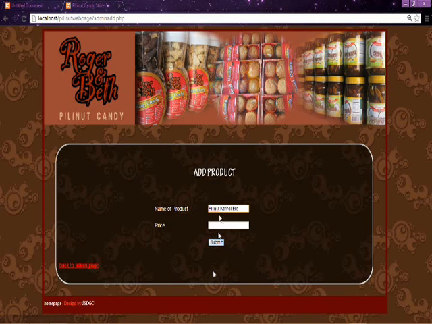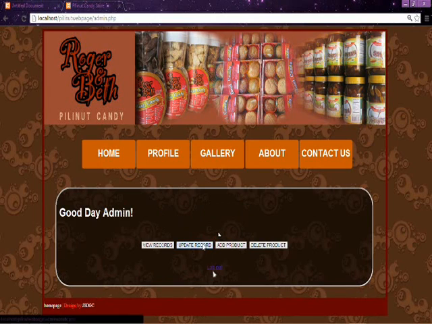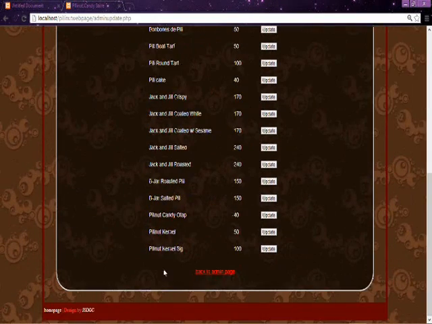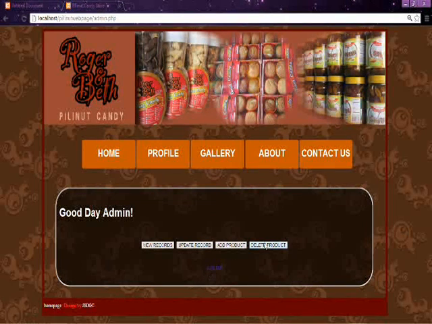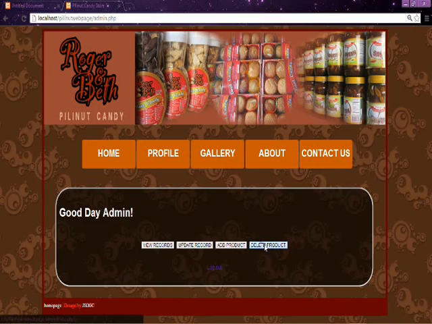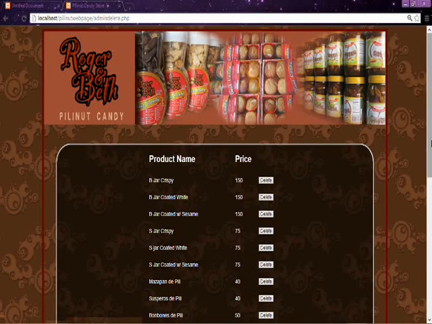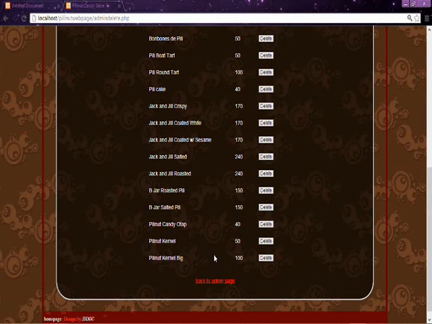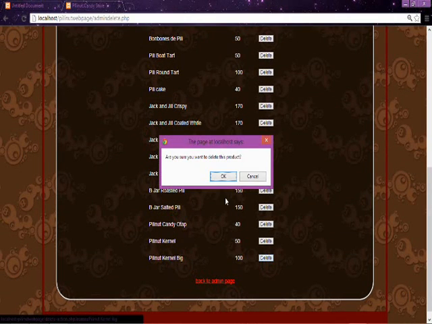Okay, and there you go. Lastly, on the delete product, each product has a delete button on each side of it for easier action.